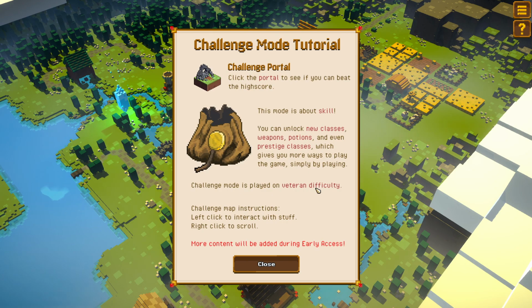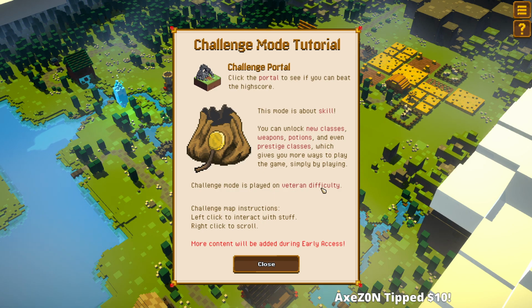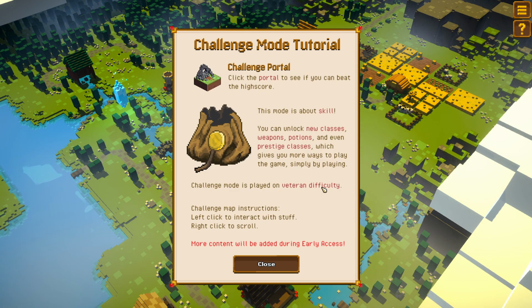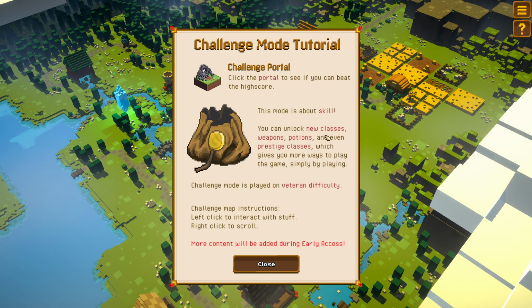Challenge mode tutorial. Oh, how kind of you. Click. Press Alt plus Z to use GeForce Experience in-game overlay. I mean, no. Thanks for the $10. You didn't actually have to give me $10, but thanks for the $10, Axon. Cheers. All right, so